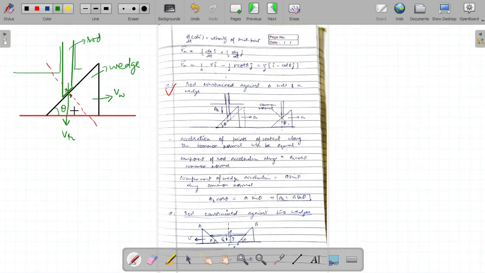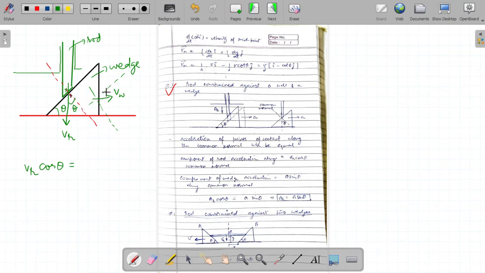So what would be the component? We already know that the vertical direction, or the gravitational force, makes an angle theta, right? So this angle would be theta. In case the gravitational force is replaced by the velocity, the component of velocity of the rod along the common normal is Vr cos theta, right? And similarly, we would be able to easily say the velocity of the wedge in the common normal direction. This point of contact would be moving to the right, but its velocity along this common normal has to be equal to that one.